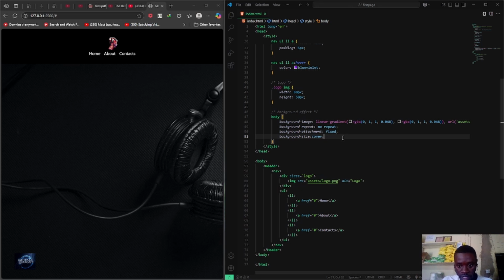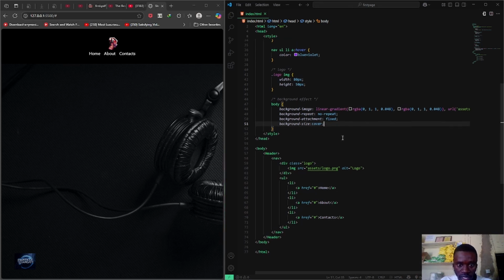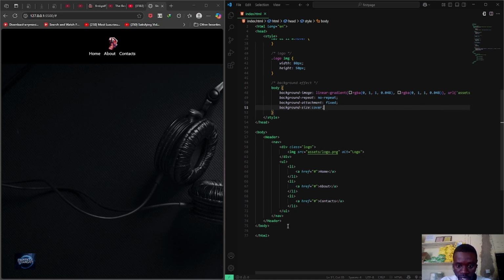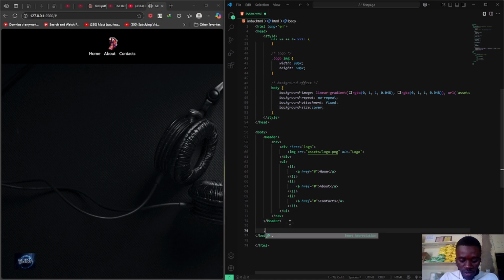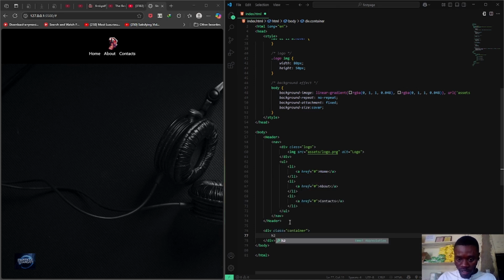So next thing, we're going to add a header, right? We're going to add a heading. So let's create a class. Let's call it content or container. Once you call it that container, inside that class we're going to add a heading. Let's add it as heading 1 like that. Then that heading, let's say welcome